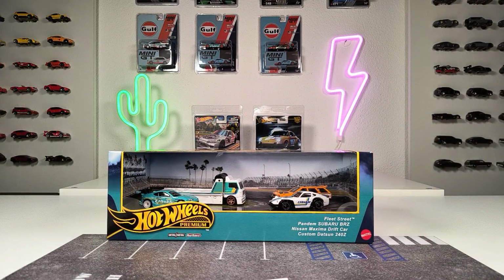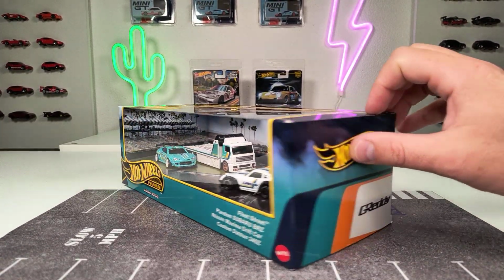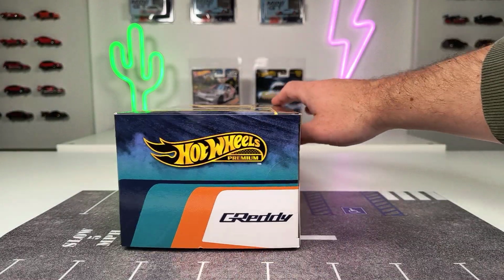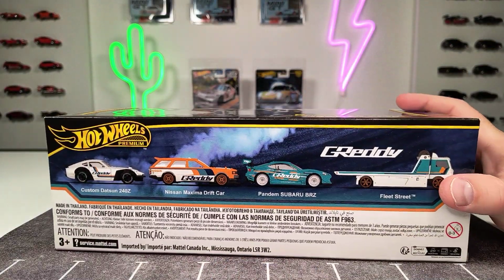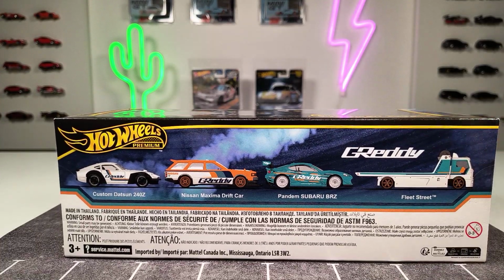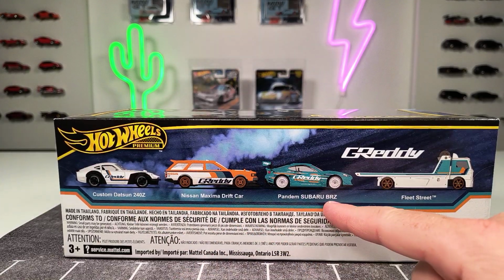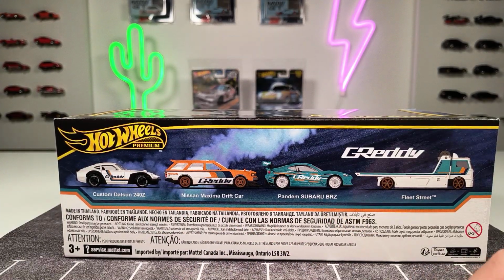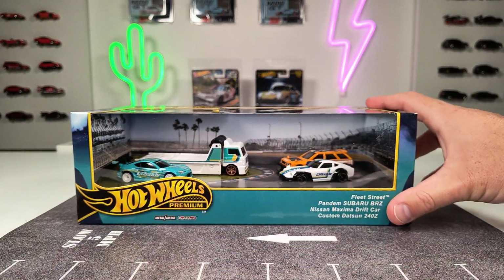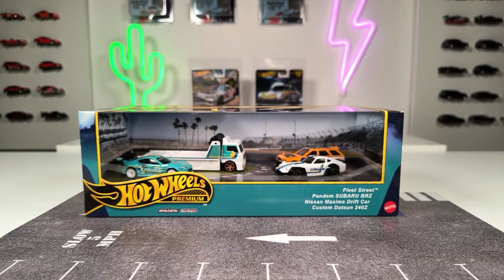And before we start our unboxing, I would say let's take a quick look at the packaging that is GReddy themed. So we get this really nice GReddy color scheme here on the back. We see our 3 Japanese models: the custom Datsun 240Z, the Nissan Maxima drift car, the Pandem Subaru BRC, and our Fleet Street Hauler. And as you know, the unboxing of these diorama sets can take some time, so let's